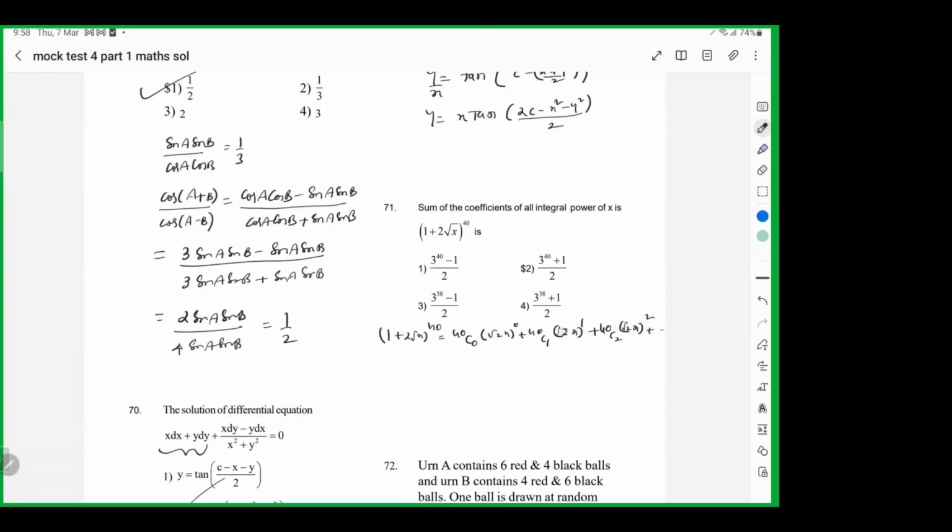So here it is the coefficient of integral powers of x. Here it is 2 root x, it's not an integral power. 2 root x whole square, this is okay. This is okay. So what I do is I'll take 1 minus